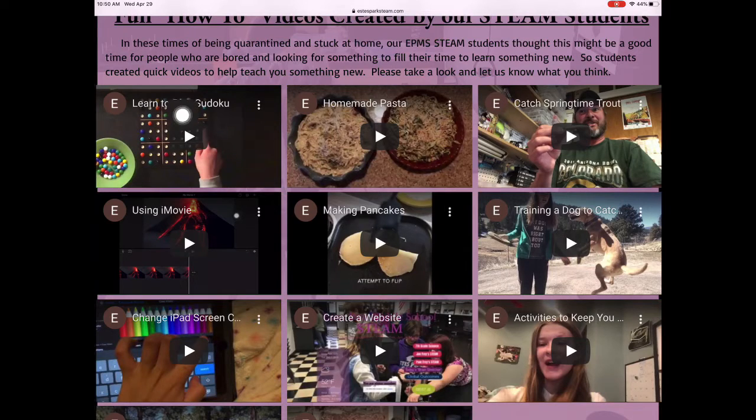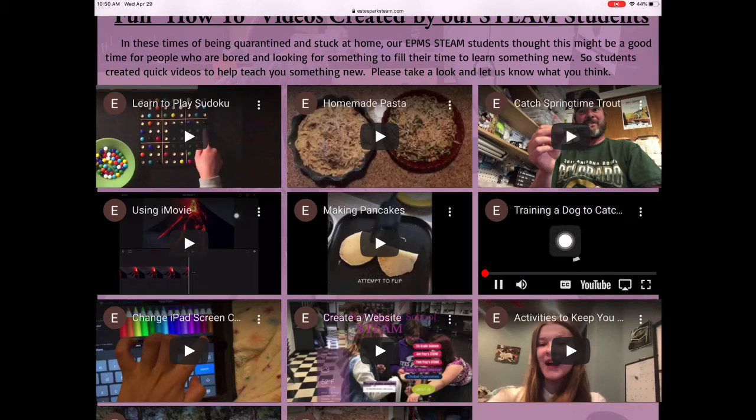Like here, Drew showed us how to play Sudoku. Laurel made homemade pasta, and this was cool because I was thinking it'd be like a spaghetti sauce. No, she made the actual noodles. That was cool. There's Kobe's pancakes. We've got a couple of techie ones there. Marion just showed us some different things. Oh, I like this one here. Heather trains us to,